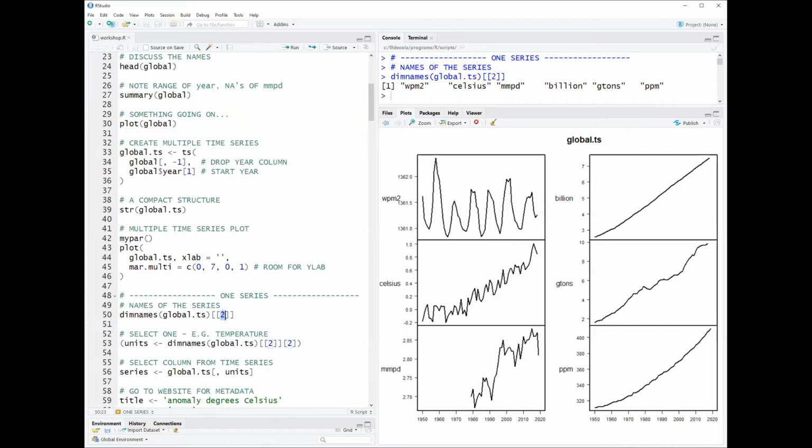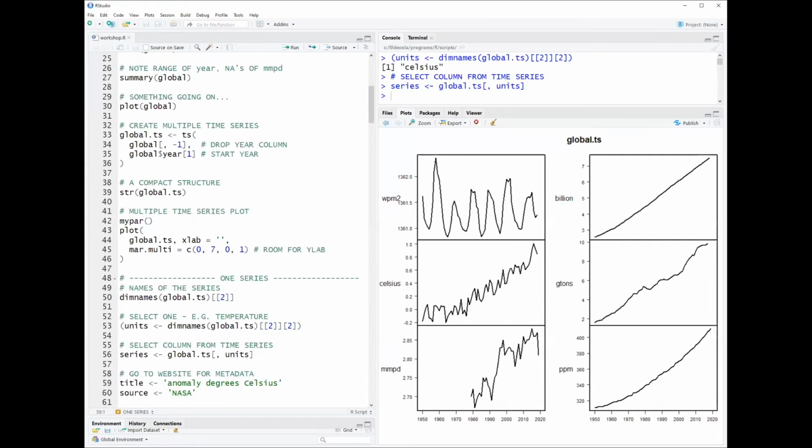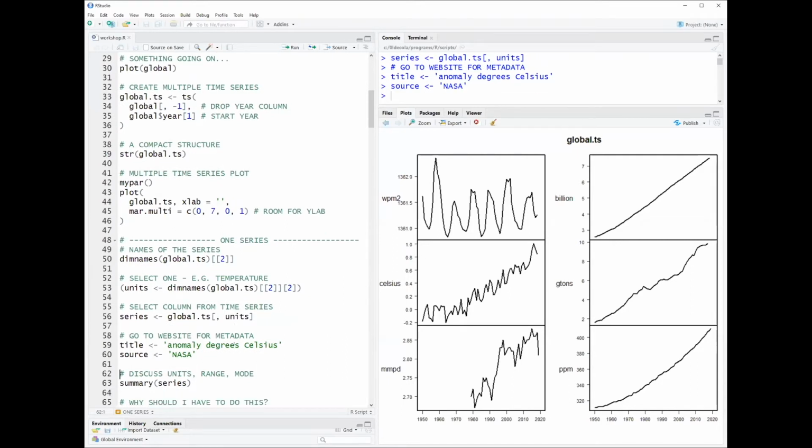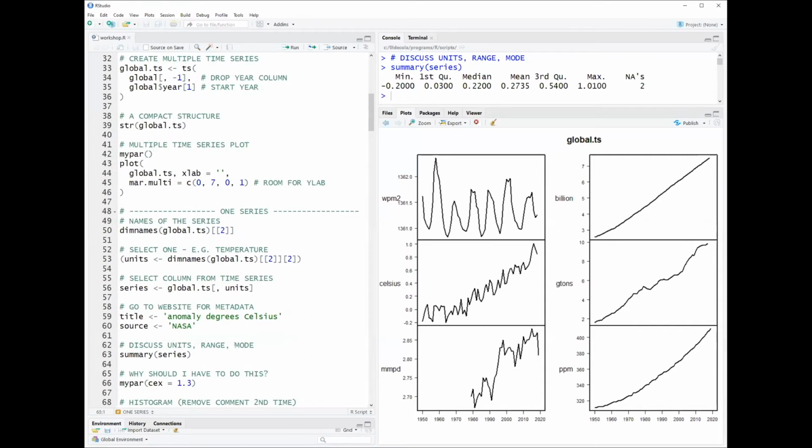the time series, and if I do that, I'm going to create a variable called a string variable, namely the units. I'm going to use that variable to select the column from the series. I'm going to put a title and a source on my data set, and then there is the